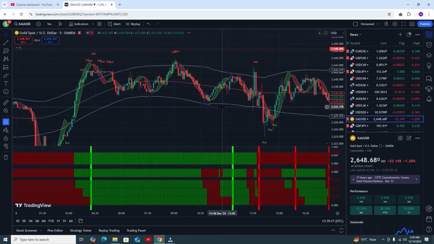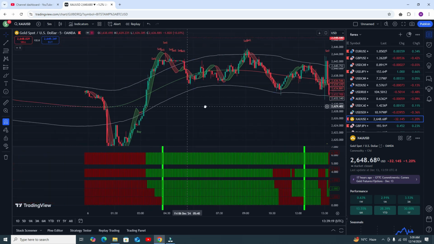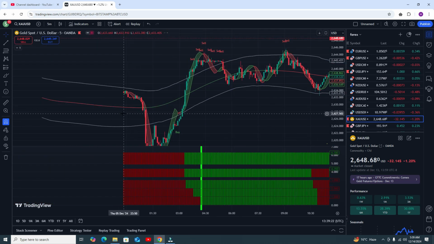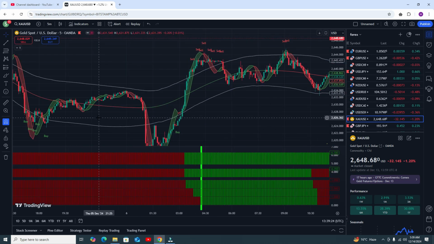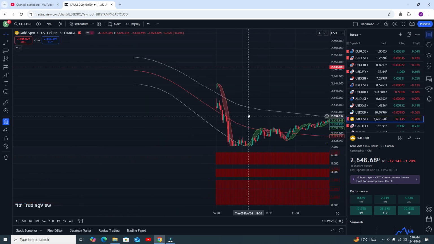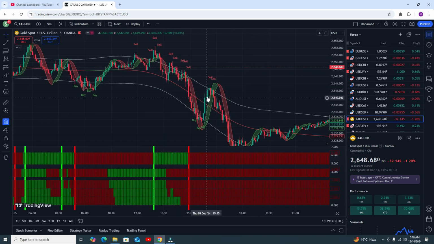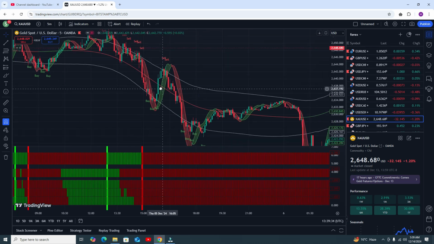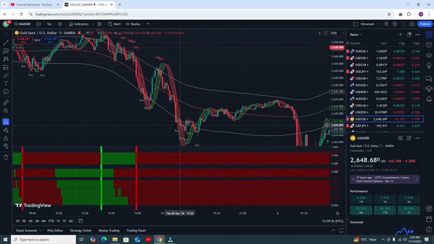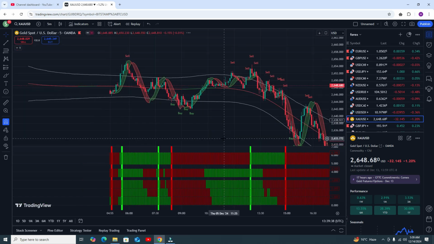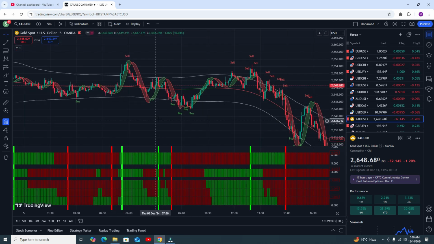And what type of trades do you need to go for? Let me show you an example. I showed you the strong buy signal that will definitely give you 98 to 99% accuracy. Here you can see this is a very strong sell signal, and it will definitely give you the profit. Here let me show you some more examples. At this point when you got the sell signal, this was a red one, so you do not need to go for it.